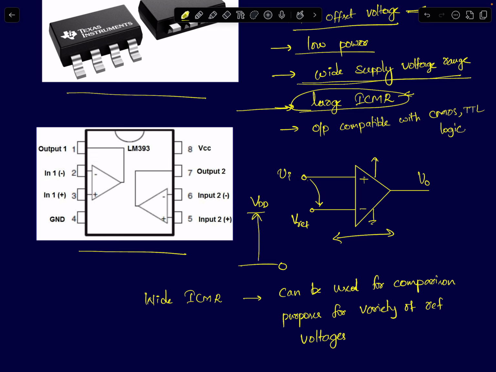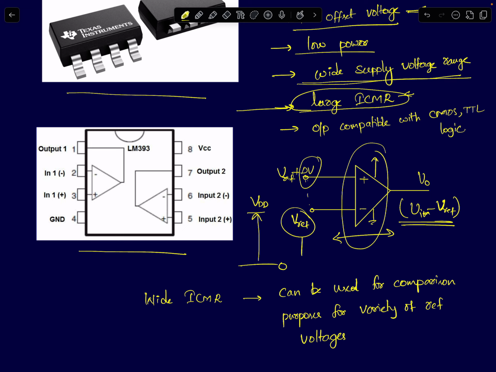So you want this circuit to provide high gain when Vi is very close to Vref. Meaning I can apply some common mode at Vi and some incremental signal. I can treat my input signal as some common mode signal Vref plus a delta V. So this comparator should give you very high gain